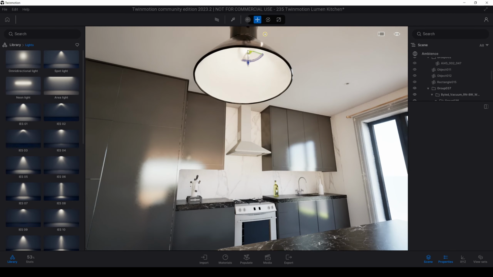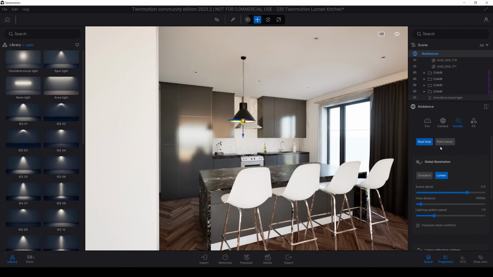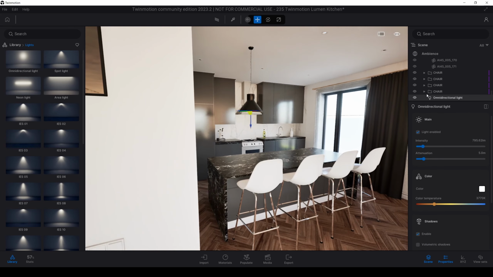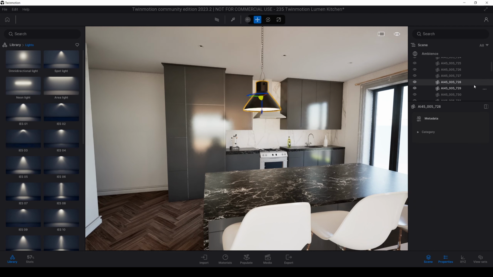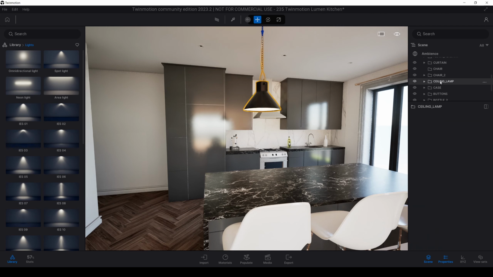we can place a light there. By the way, to see the light better, I'm going to deactivate the auto exposure and use like so. Now I'm going to click this material from here and drag it to this folder. Or we can create another group for that. Let's right click, click cut, click ceiling lamp, right click, and click paste here.